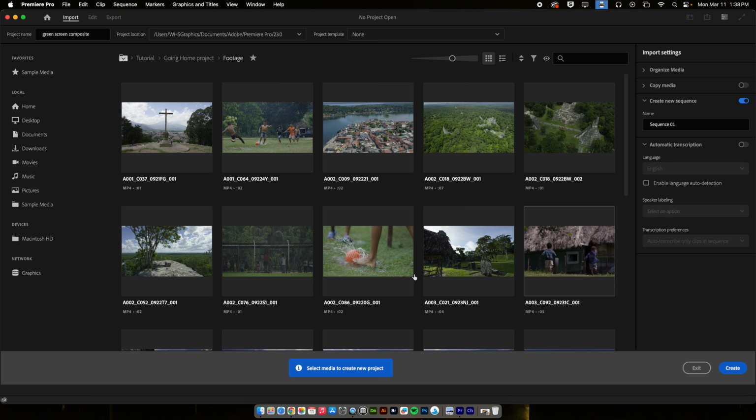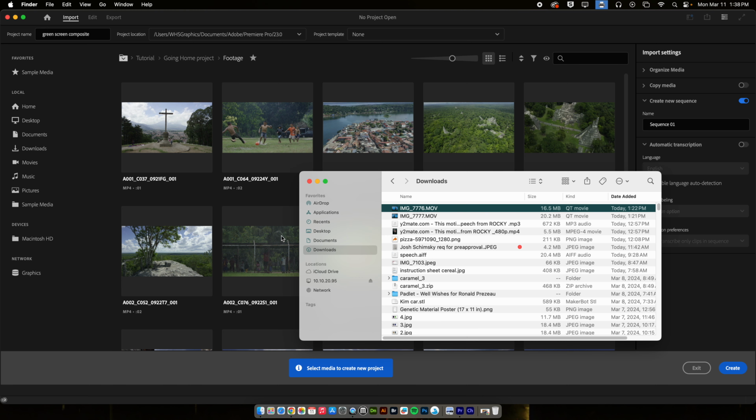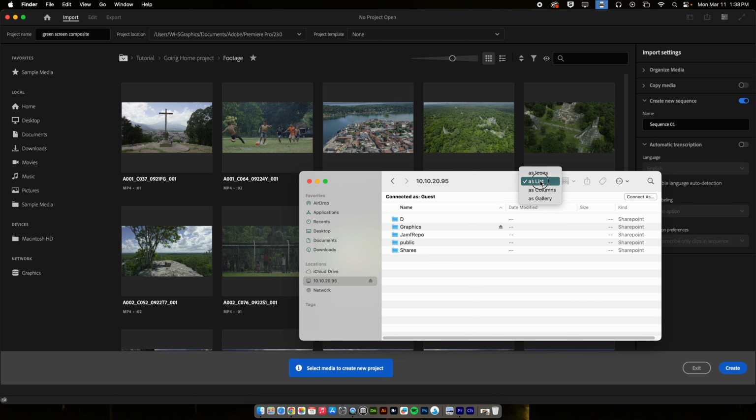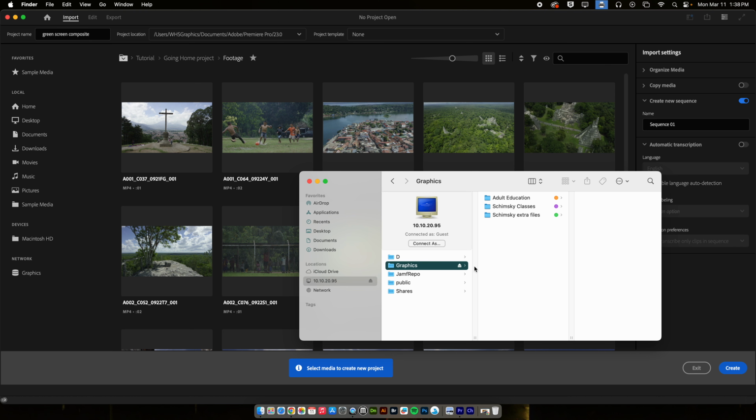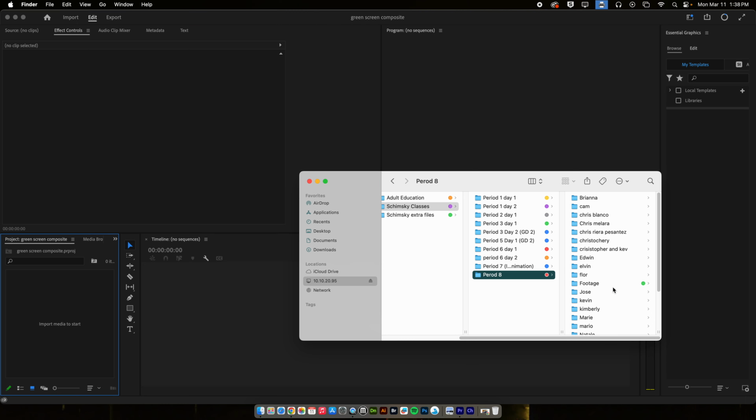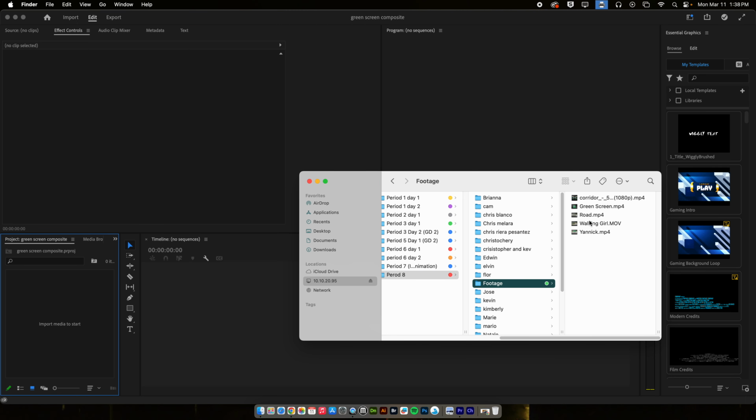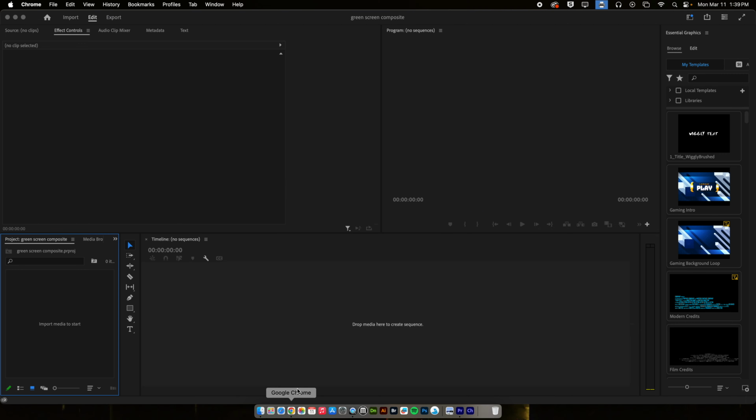Once you've hit that and you get this new file that opens up for you, just remember that from your folders, I had you go into your folders. This is just a reminder. And in here, in graphics, in classes, in period 8, I had you take this footage folder that has 5 files in it and drag and drop it to your desktop. Also, you were supposed to go on to